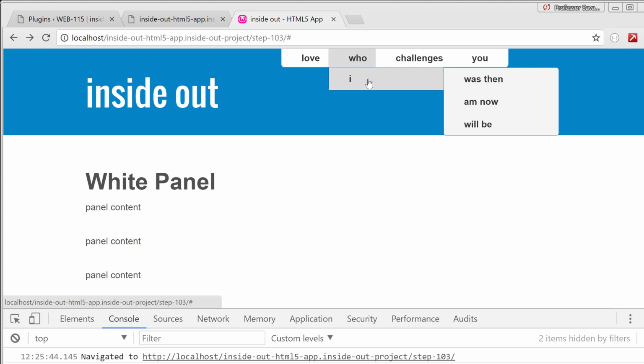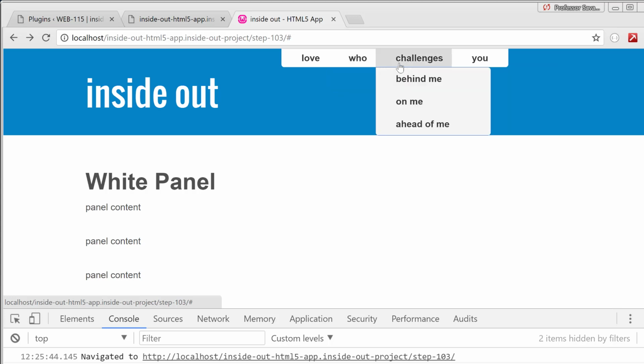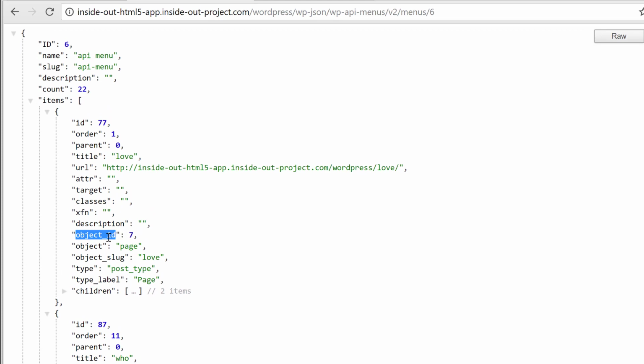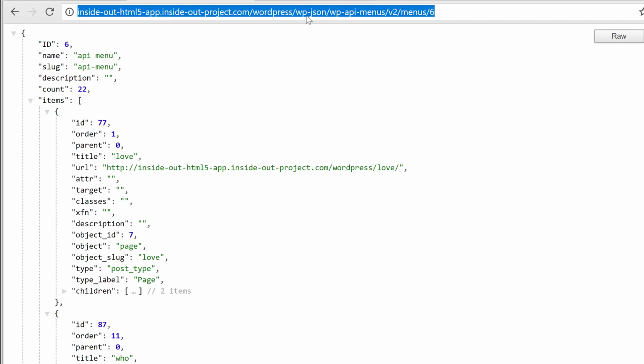One last thing that we want to do is that we know that we're going to pass along information. And that information is that we want to be able to call a page. And so what we need to know is, what is this menu item referencing? We call that an object ID in WordPress. And so this is actually a page or a post ID that this menu item is associated with. And so we know that if we want to get to that page in our WordPress API, what we need to do